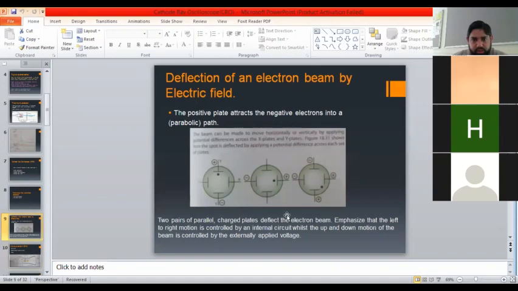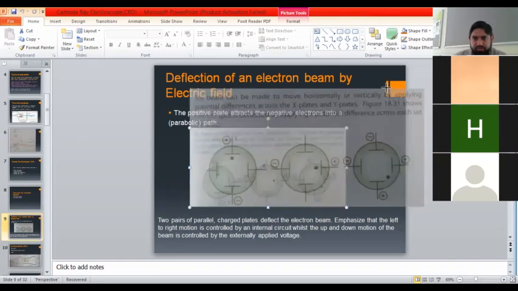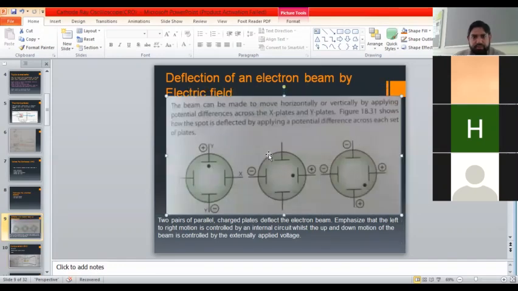Look here. This is showing X and Y plates from the front. ये देखिए, Y plates are placed above and below, means vertically, and X plates are shown on the sides, left and right side. इस डायग्राम को मैं थोड़ा सा बड़ा कर देता हूँ. ठीक है जी? X and Y plates are placed like this.